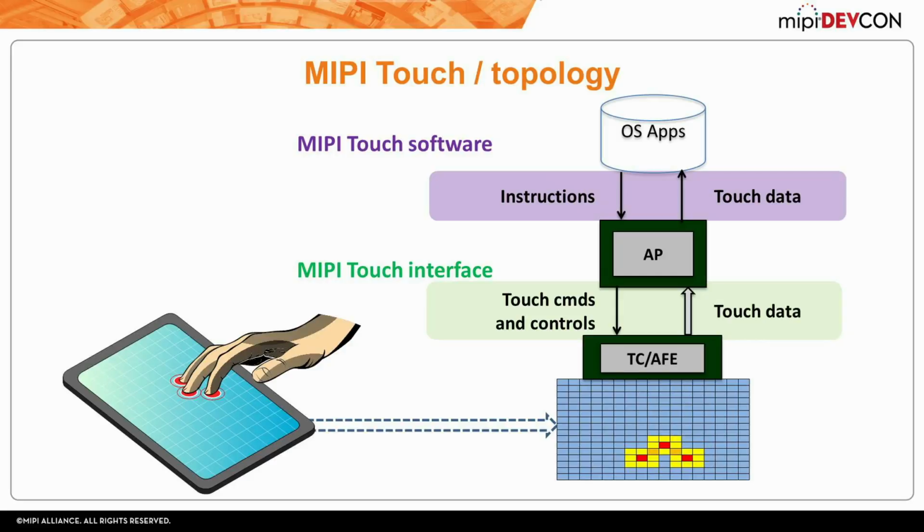The other thing you see here is we divided this up into two sections. This is, and we'll talk about it a little later, the area we're primarily focused on, which is really the AP touch controller interface. What's the bus we're going to use? What are the command types we're going to support? And then there's a separate section which we look to address in the future, which is looking at the OS side down to the AP, because for our customers, this and this are both things they have to deal with to some degree or other, and therefore anything that changes there creates additional work for them. So if we can create standards along both of these areas, that simplifies their life.